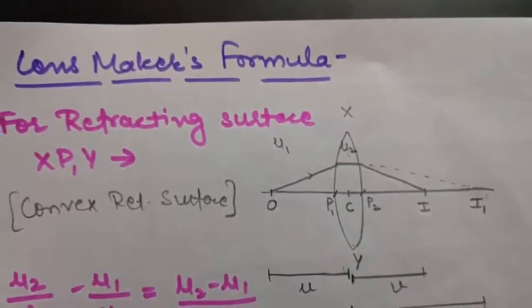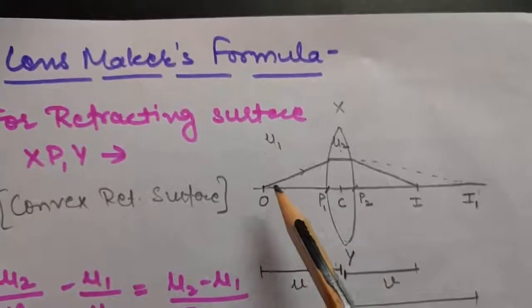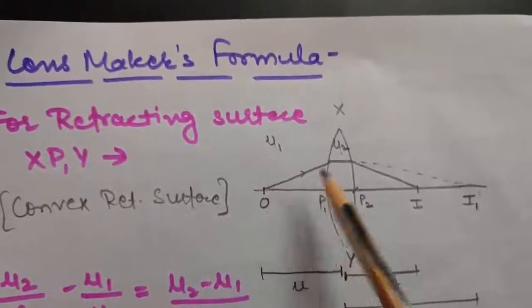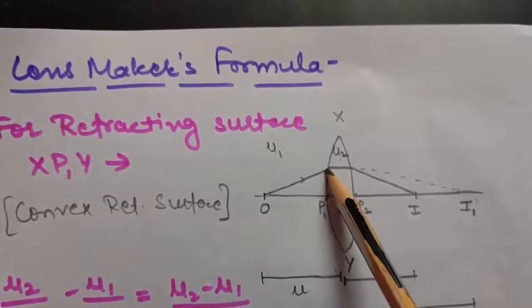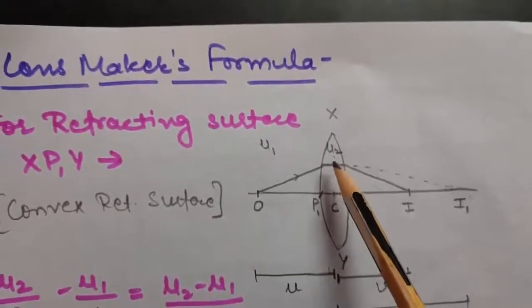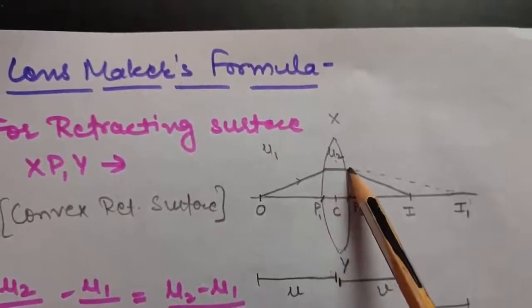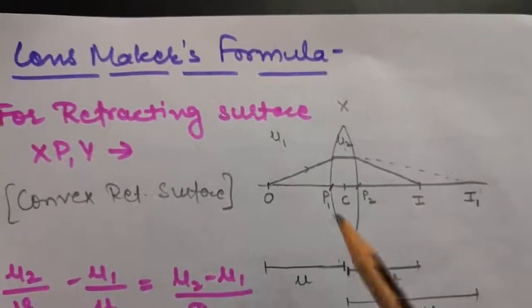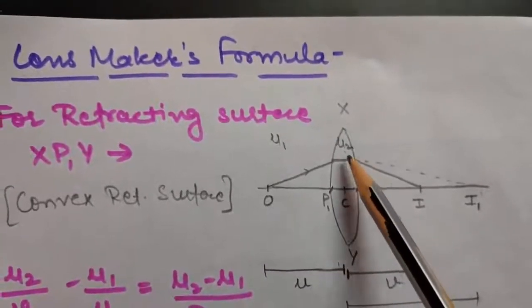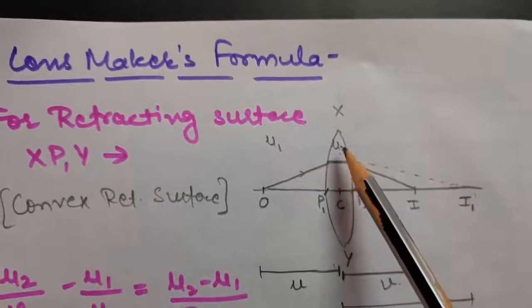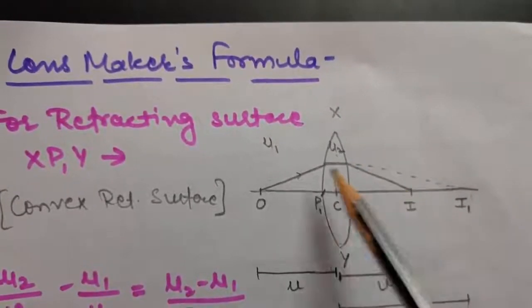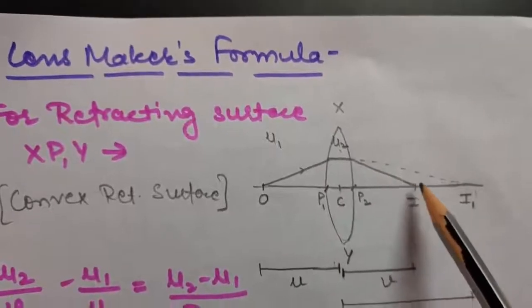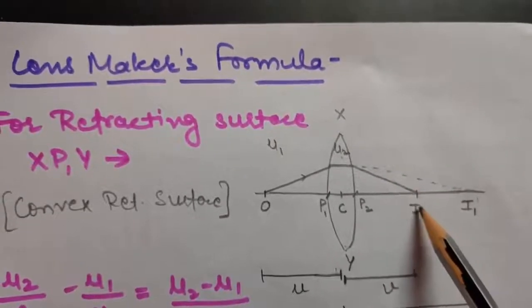So now what will happen? See, a ray is going from the object. As you know, as it is going from rarer to denser medium, it will suffer some deviation and it will bend towards normal. So it has bent like this. Now again at this surface, it will suffer some deviation. So again it is going from denser to rarer medium, so it has bent away from normal. This I have already told you in the last lecture. So here the final image is formed.